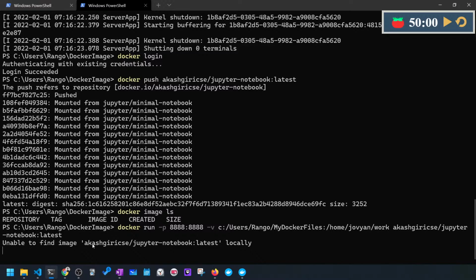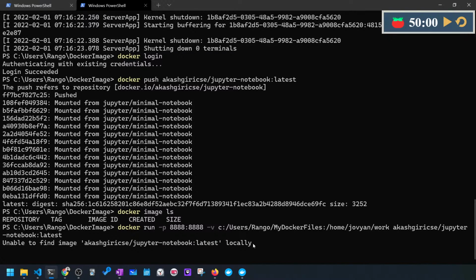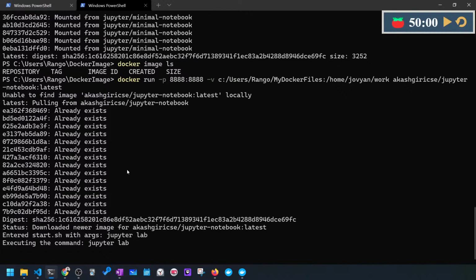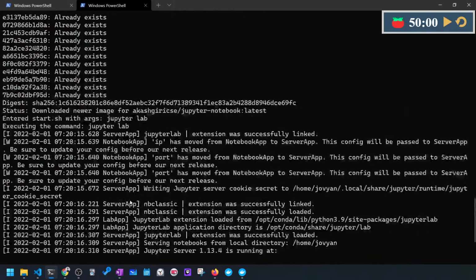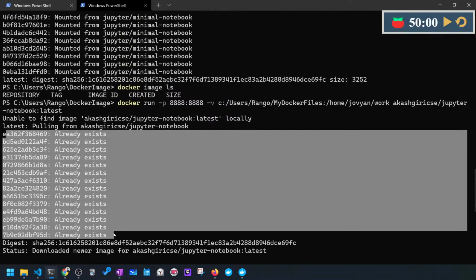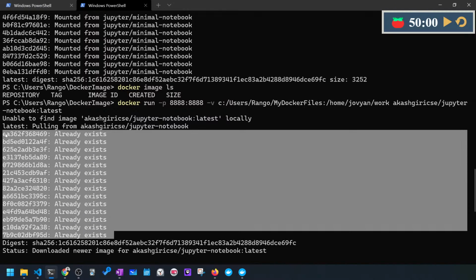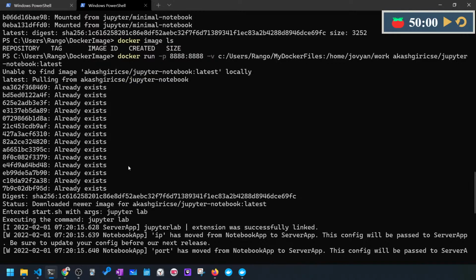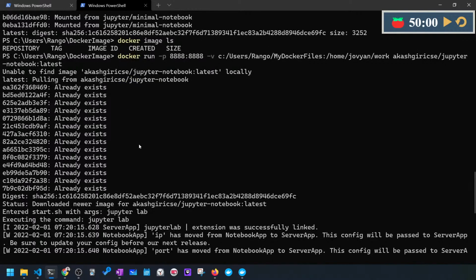So yep, unable to find Akash Giri CSE Jupyter notebook latest locally. So it will pull from Docker Hub. And now, see, it says that a few things already exist. A few layers are cached on the local machine. Only the few things that were not there it pulled. I think everything was cached. So anyway,